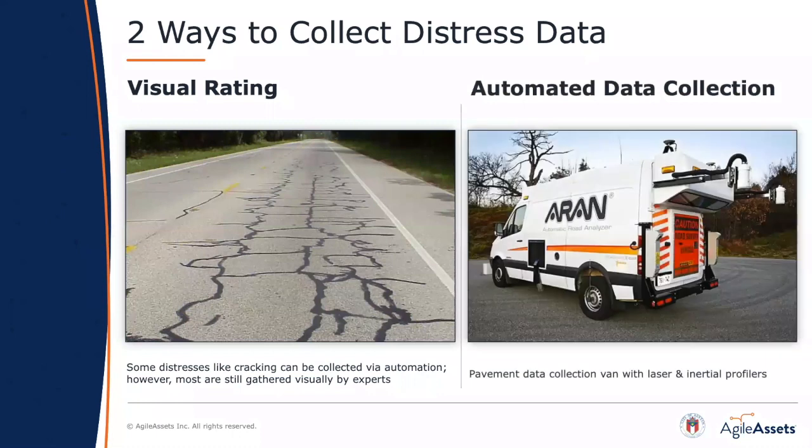Another way to collect this data is automated data collection using vans with 3D cameras and lasers. Vans collect roadway images, and then the images are analyzed to determine the distress types. Again, you can find third-party service providers that can collect and analyze the data and provide it to your agency